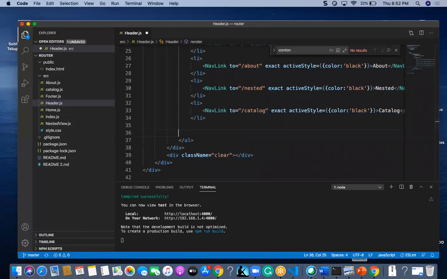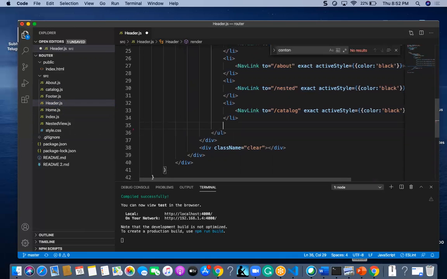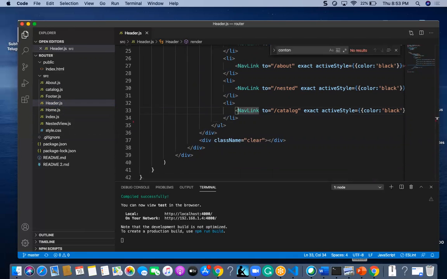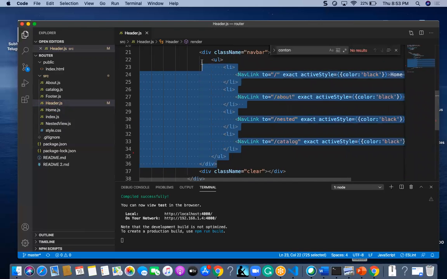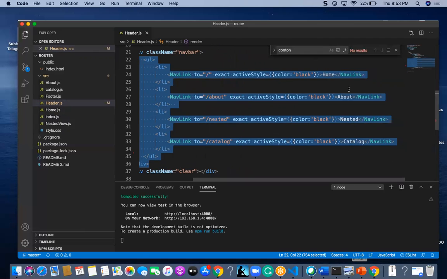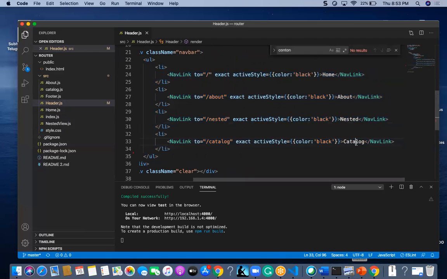This UL means unordered list, and I am going to use that unordered list for displaying the slash, about, catalog, nested and catalog links, for this home, about, nested and catalog.